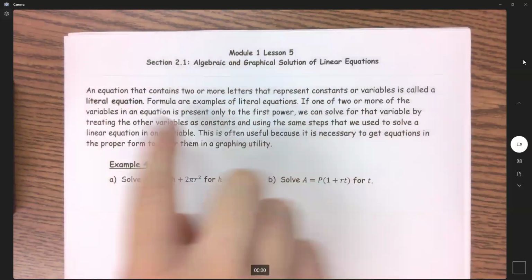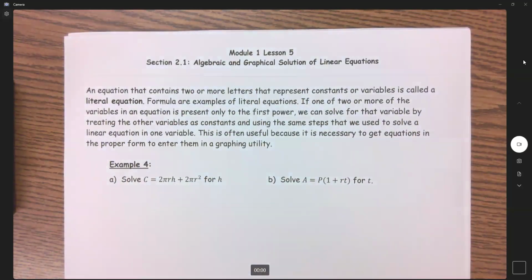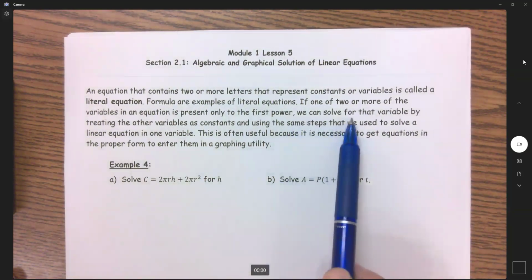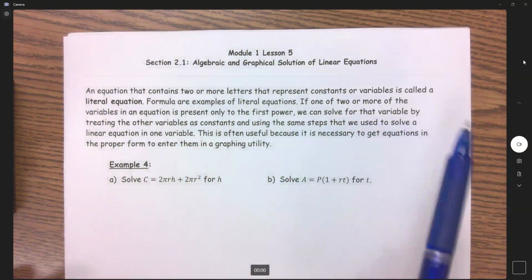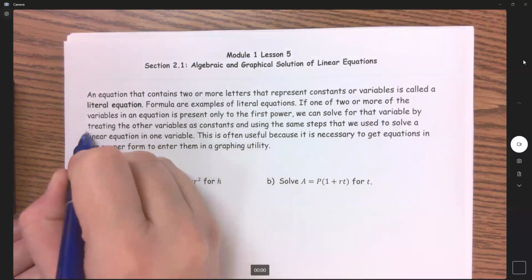Right, so let me read this paragraph here. An equation that contains two or more letters that represent constants or variables is called a literal equation. Formulas are great examples of literal equations. If one of two or more of the variables in the equation is present only to the first power, and it's always to the first power if you don't see an exponent, we can solve for that variable by treating